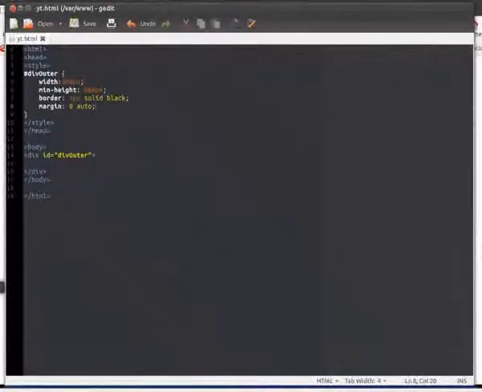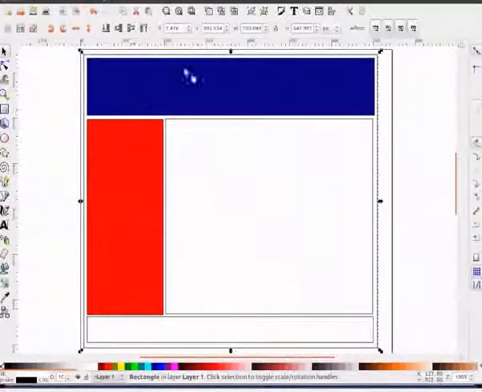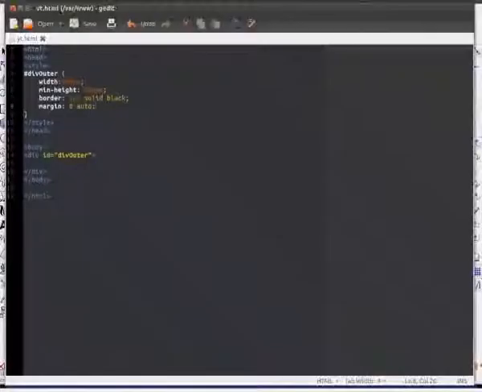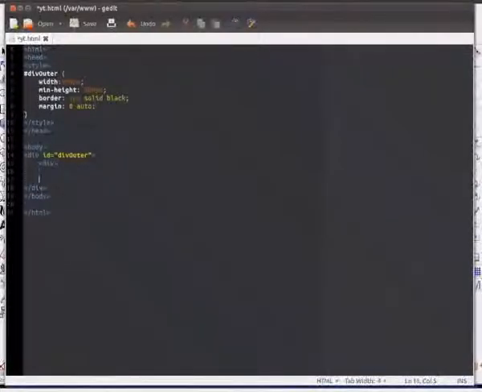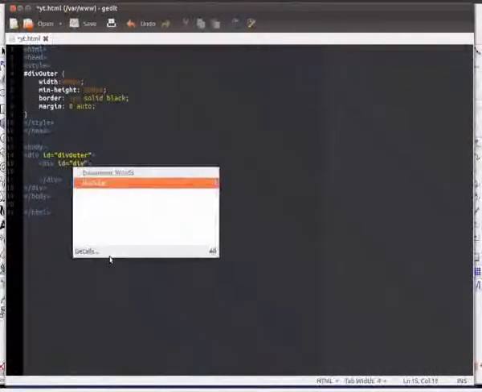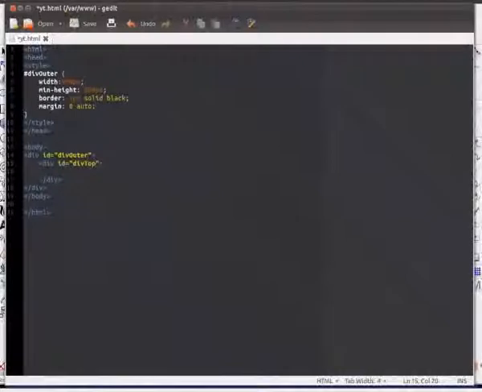So we have the outer div, and in our plan we said we have the top banner in blue. Let's make a blue top banner. Let's create a div within that. As a habit, to make my code look neater, I indent anything that comes within the div. So a div within a div is also going to be indented. I have div there, and let's give an ID for this one. Let's call this div top. Okay, that's good enough. And what I do now is say hash div top